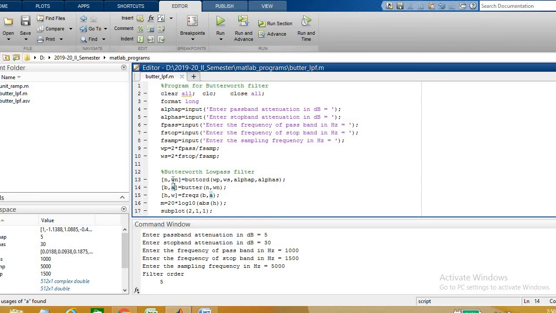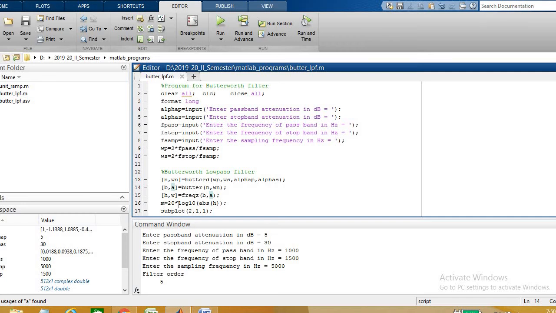First we find the order and cutoff frequency. Then we find the numerator and denominator coefficients of the transfer function. From the transfer function we find the frequency response. After the frequency response, we calculate the magnitude in decibels.